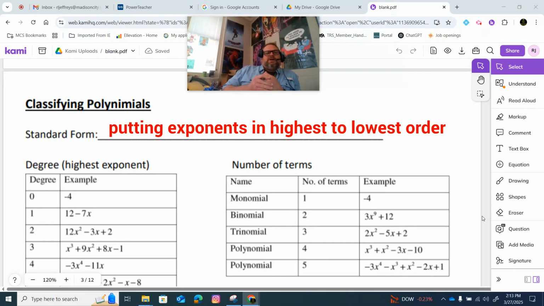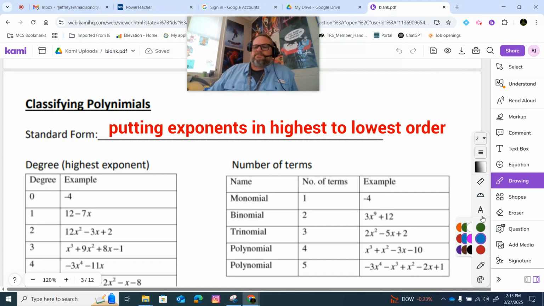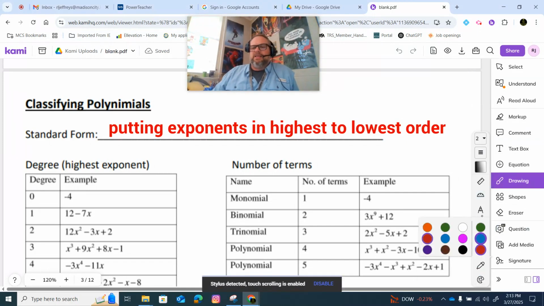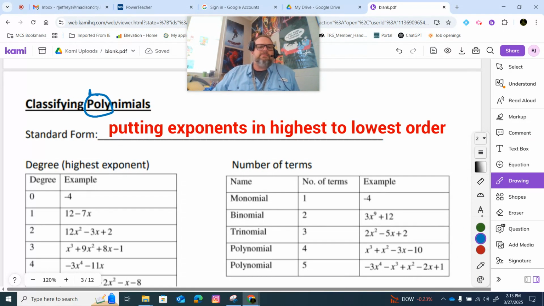All right, so classifying polynomials. We're doing a little Greek lesson today. Poly means many. And this is actually spelled nominals because